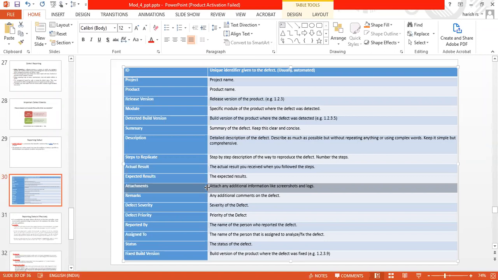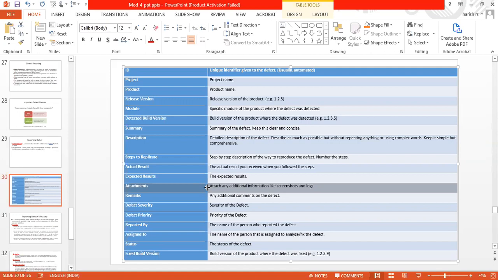Remark about it, what is the status. Then defect severity. You remember we learned critical, high, moderate, low, S1, S2, S3, S4. Priority, P1, P2, P3, P4. Reported by, the person who found the defect.